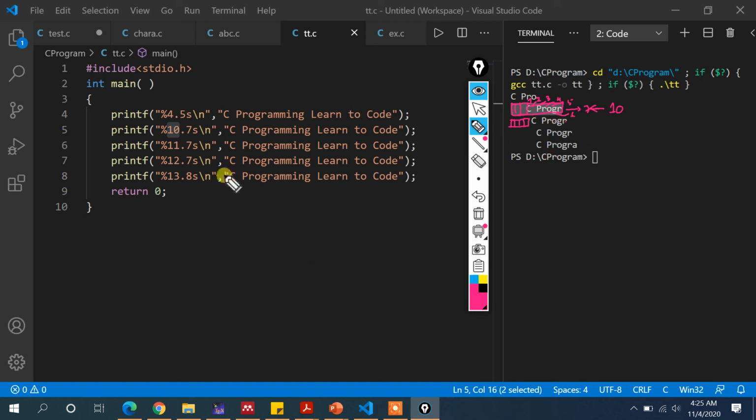Similarly, if you see this one, 12.7, 12 spaces get allocated, out of which 7 characters are displayed. Again 13.8, 13 spaces get allocated, out of which 8 characters get displayed. So you can see A appears again. Similarly you can print all other things.